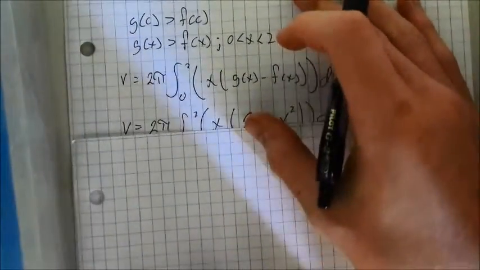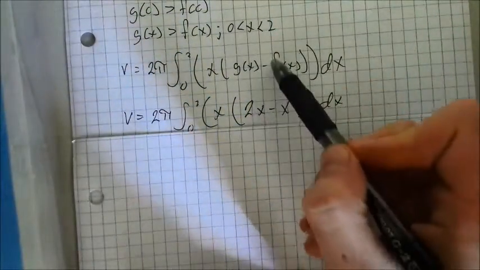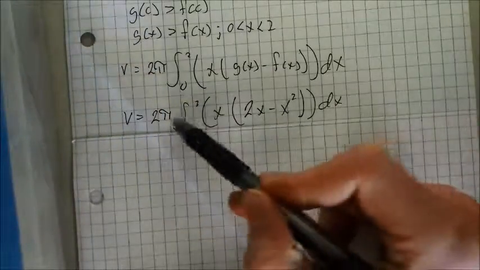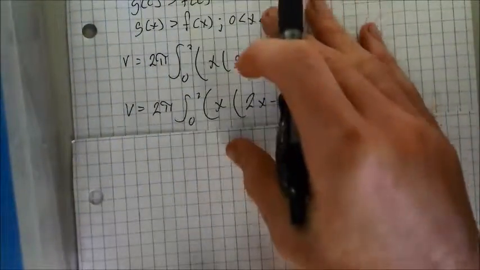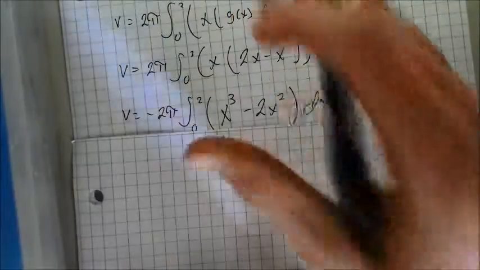So from here, we plug in g of x, which is 2x, and f of x, which is x squared, into our function. That's all that happened. Next, I'm going to do two things. I'm going to, one,